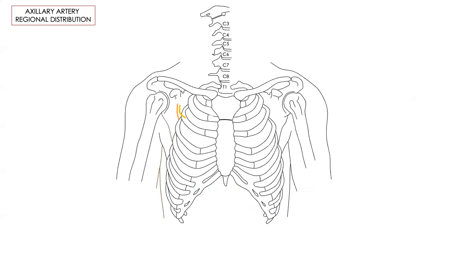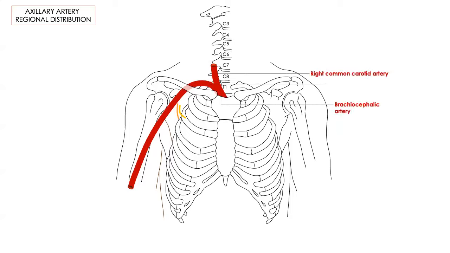Now, I'm bringing something really important: the arterial plan of my upper limb. Stay focused here. Look at it, who's coming out? My brachiocephalic from the arch of the aorta, and it divides into common carotid and subclavian on the right side. This is my right common carotid and this is my right subclavian artery. When this right subclavian artery crosses the outer border of my first rib, we call it axillary artery. And when it passes by teres major, we call it brachial artery.